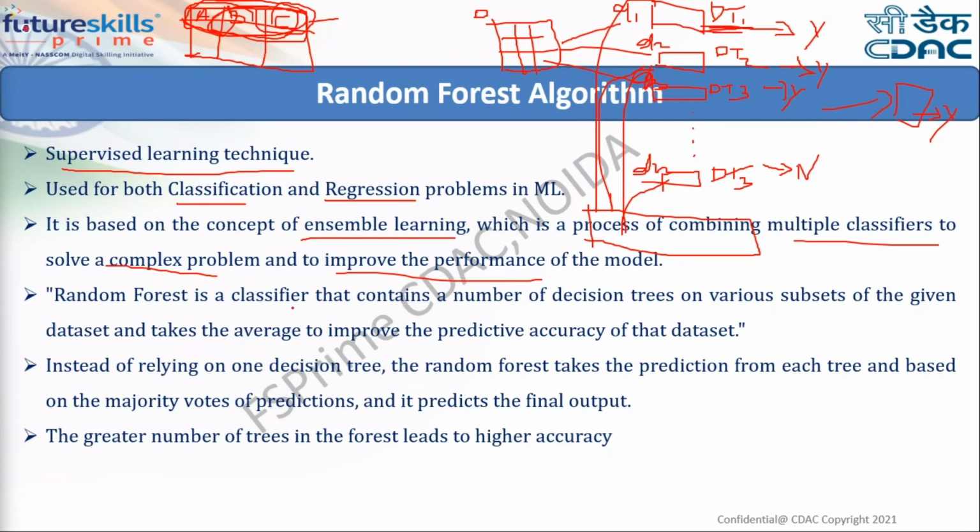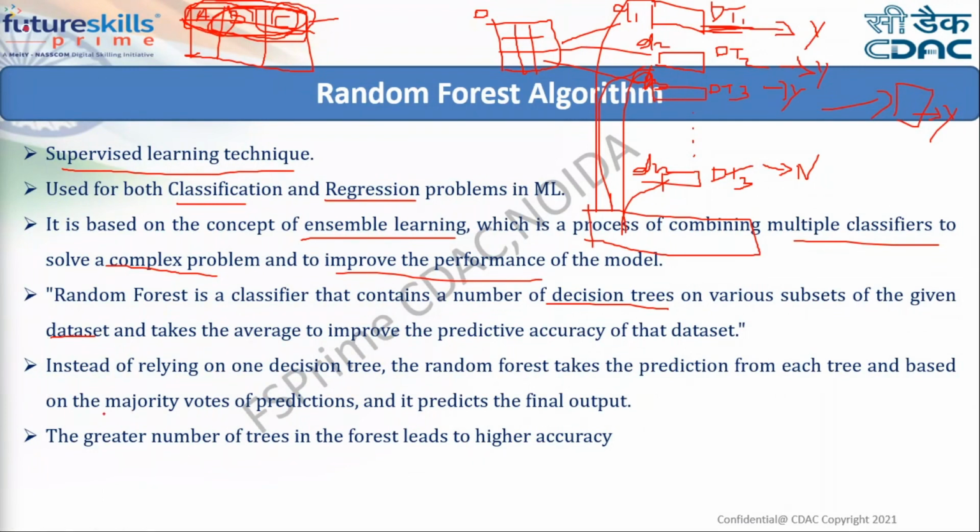Random forest is a classifier that contains a number of decision trees on various subsets of the given data set and takes the average to improve the predictive accuracy of that data set. So when you are using random forest, for the learning model, you will use decision tree as the algorithm. You cannot use different algorithms for your learning models. You have to use decision tree only.